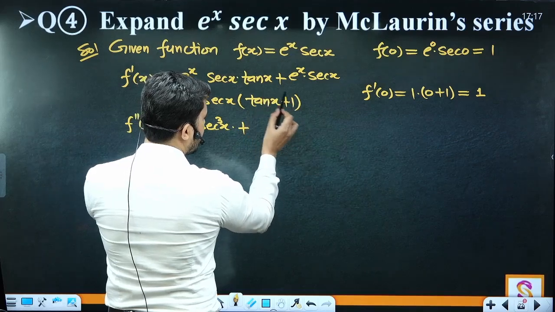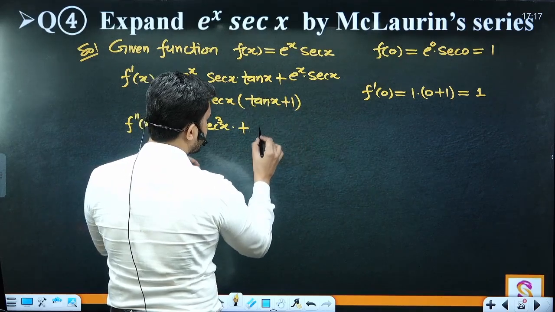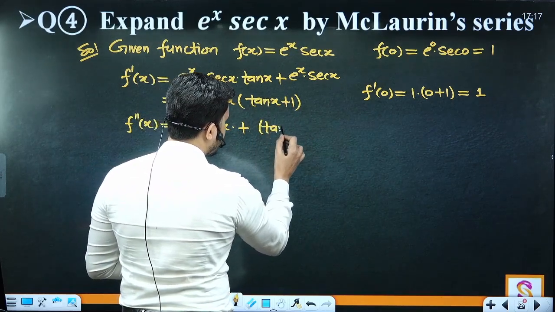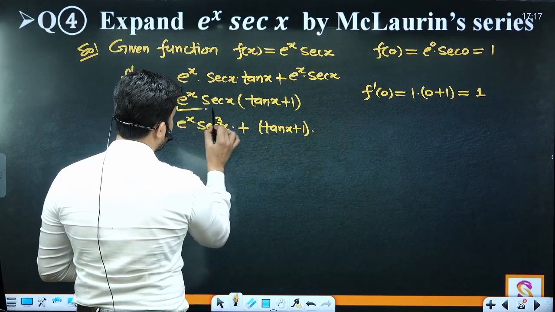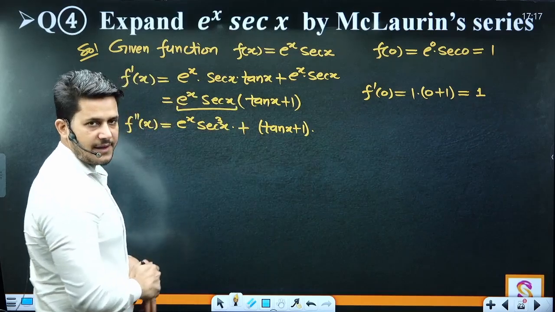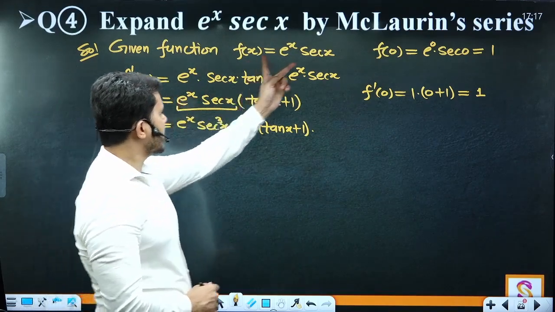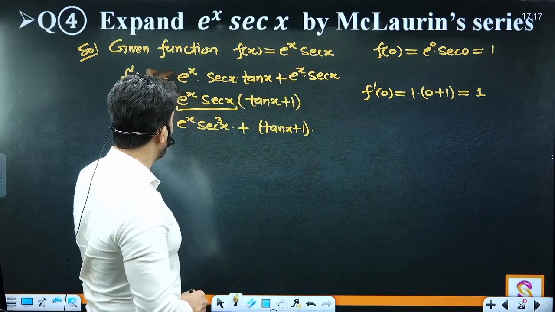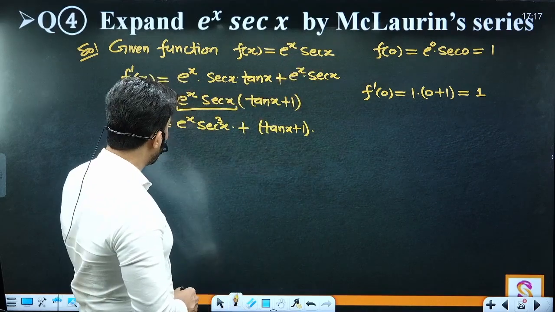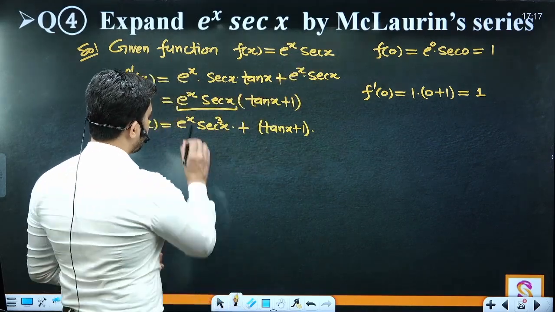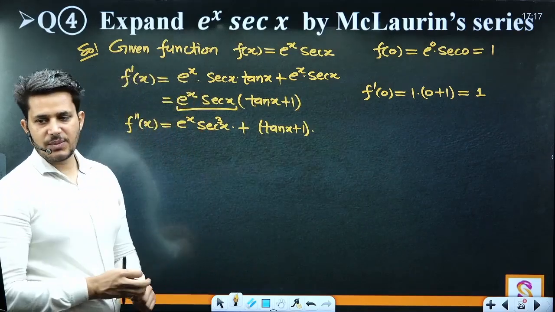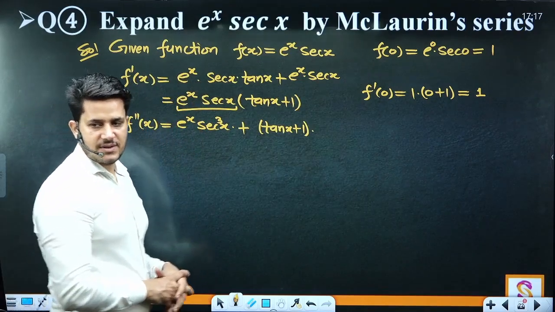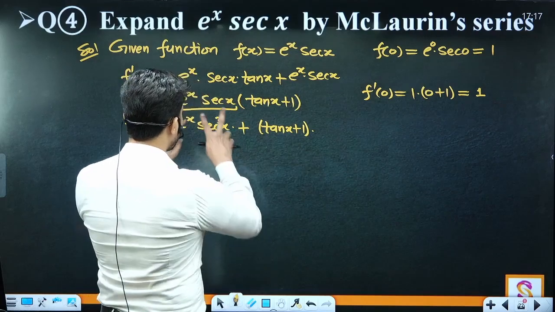Now if you take this part as a second part, मतलब ऐसे लिखेंगे आप tan x plus 1 and differentiation of this part, e to the power x sec x. तो e to the power x sec x का differentiation पूरा यही term वापस आएगी, means you can take common this one. So again it will be e to the power x sec x into tan x plus 1, e to the power sec x into tan x plus 1. बोलो समझ में आ रहा है क्या, नहीं आ रहा?